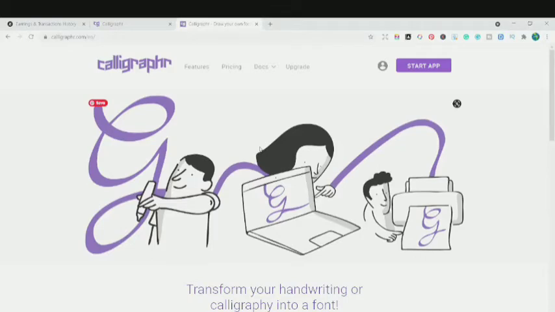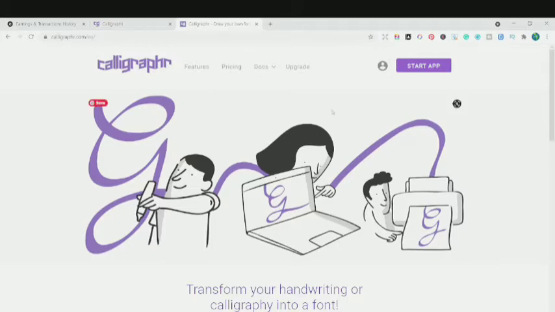Hey guys, currently we are on the laptop. You can see very well. Now I have come up to the website, calligrapher.com, because we need a font template. Before making any font, you need a template. You can get the template from Etsy, or you can purchase it from some other calligrapher, whatever the way it is. But I get my free font template from the calligrapher website. I'm going to leave all the websites and tools that I'm going to be using in this video in the description box, so you can check it out. Now I'm going to be talking about this website, calligrapher.com. From this website, I'm going to download the free font template.